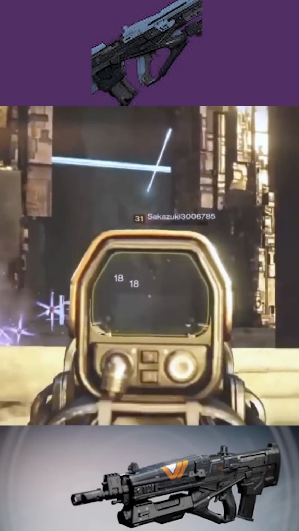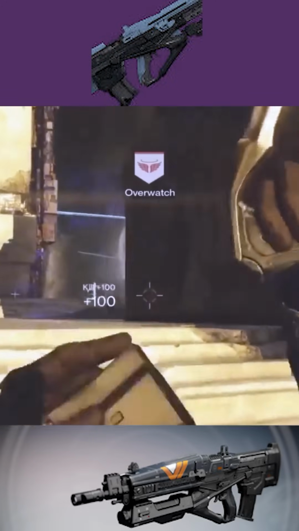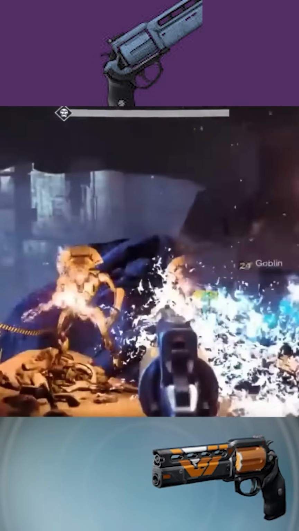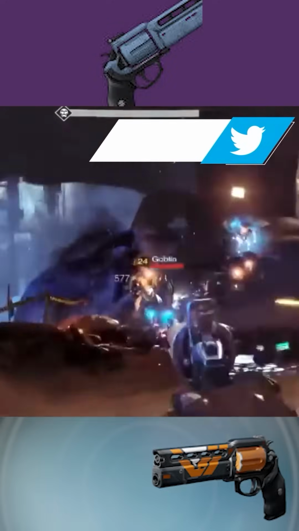Nothing too special here, but it does have quite a nice perk pool. Finally, we've got the Devil You Know, not to be confused with the Devil You Don't. This hand cannon was actually pretty fun and it could roll with some fun perks like Look in the Chamber